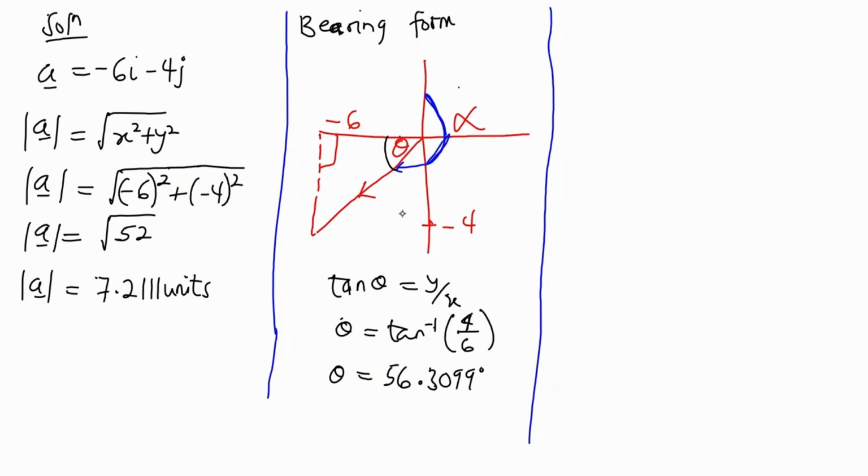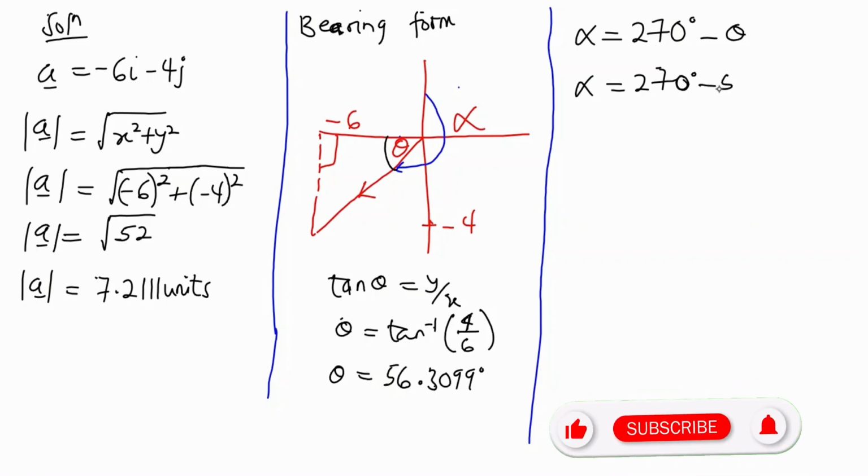But if theta happened to be at this side, then we could easily add 180, that is 90 plus theta. That gives us 180 plus theta, and easily we can find alpha. But in this case, theta is inside the right angle triangle here, which means you have to consider the quadrant in which theta finds itself, and it's in the third quadrant of an angle of 270. So it means that to get alpha, alpha is equal to 270 degrees minus theta. So here we can see that alpha is equal to 270